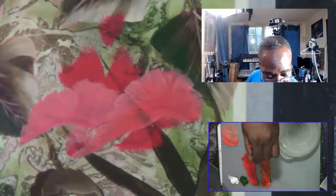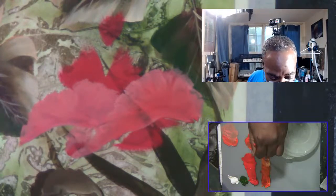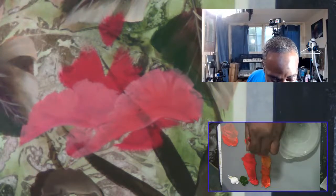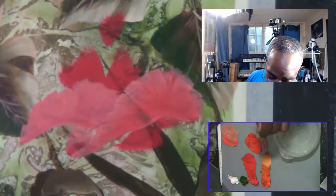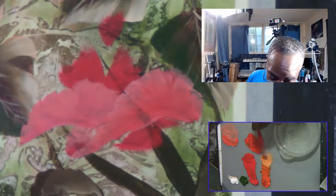As a matter of fact, I'll show you something here. I'm going into my orange. I'm gonna get a little bit of white going into the orange, lightening the color, just like that. A little more white. Now, putting more white into this orange is going to make it a brighter orange. It will never be truly white,